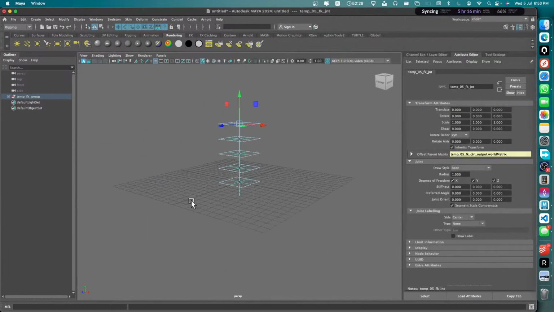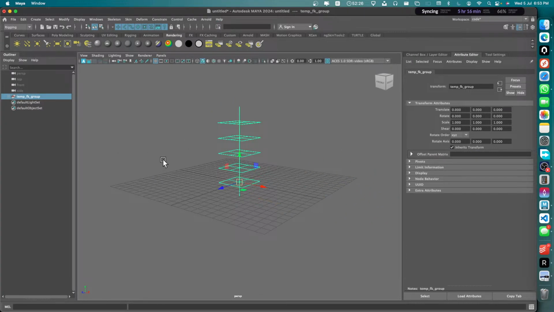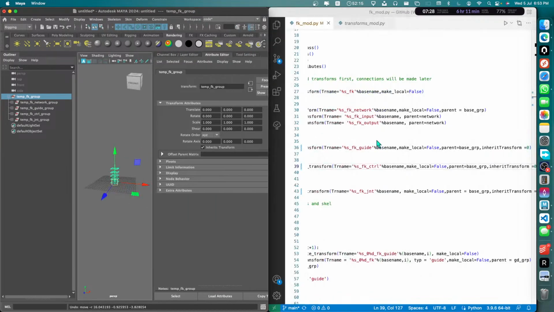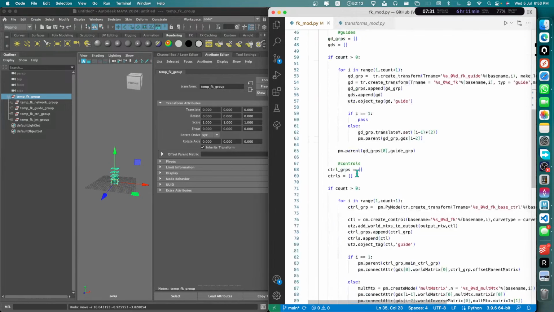Now if we see, move this, doesn't affect anything. That's how we want this to work. We don't want any inherit transforms, we just want plain, simple and clean connections. That's the main thing of our script. So all right,